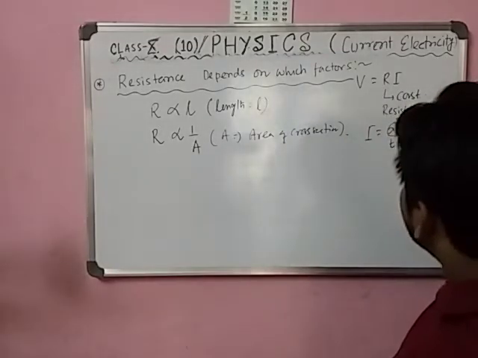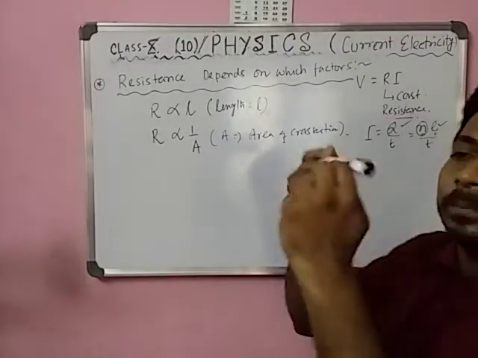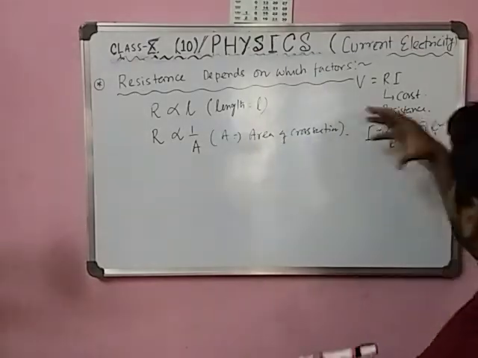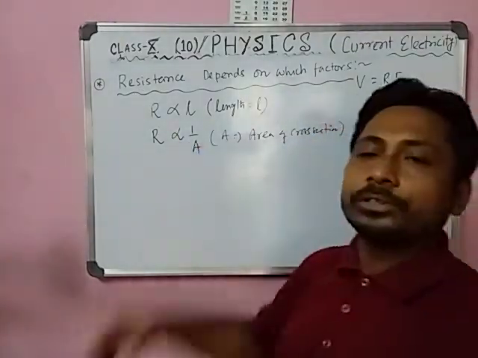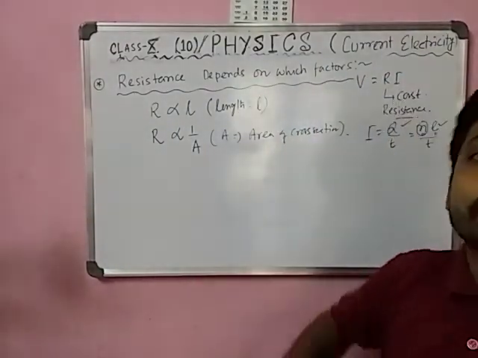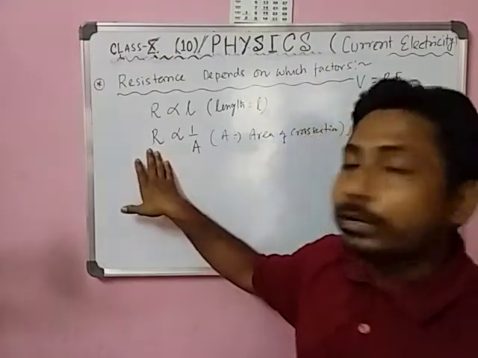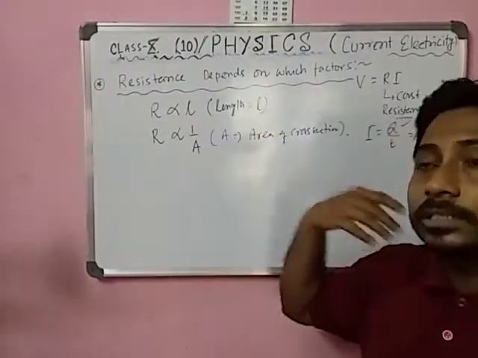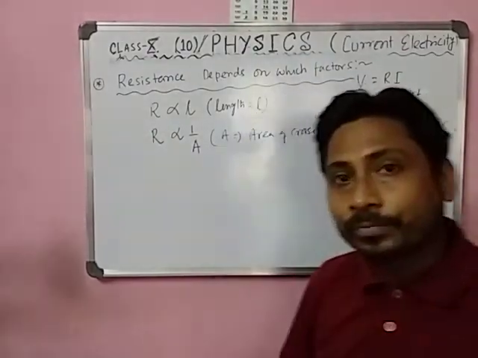If more electrons pass because of the thick wire, this is a thick one, right? So if this is a thick wire, then more electrons pass through it. It means it gives you less resistance. More current means less resistance. Resistance is actually the reverse of current, isn't it? So if obstruction decreases, it means you can increase the current.